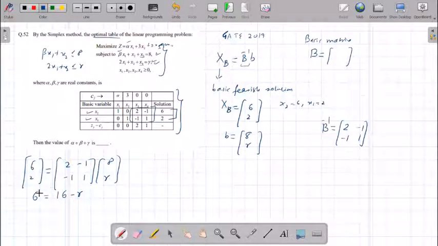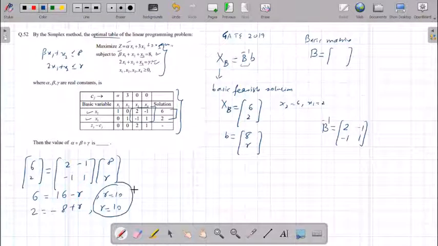This is one equation, and another equation is 2 is equal to minus 8 plus gamma. So this gives me gamma is 10. This also gives me gamma is 10. Obviously both will give you the same value of gamma because that has to be satisfied. So I got the value of gamma. So one constant has been evaluated out of alpha, beta and gamma.